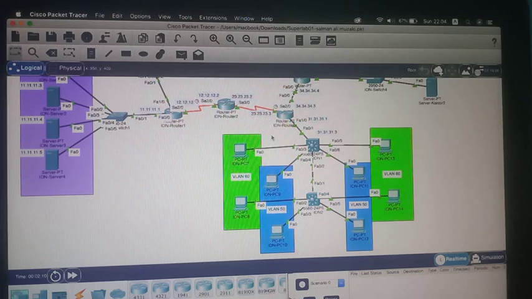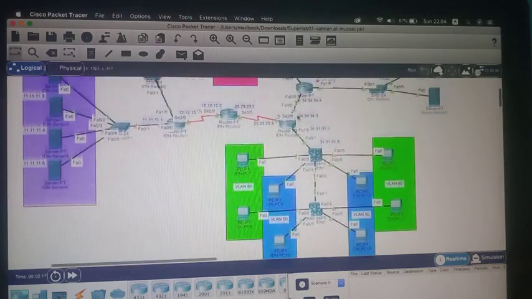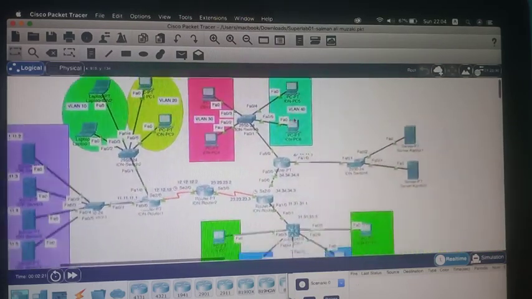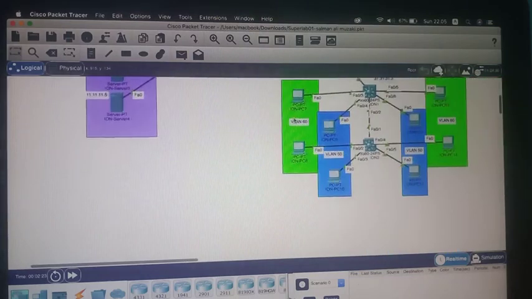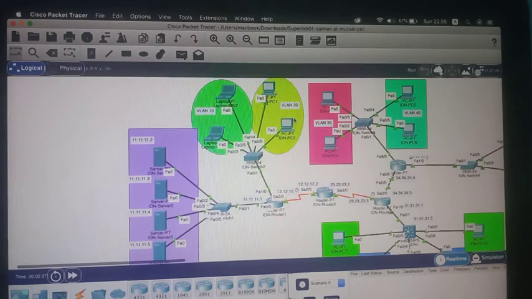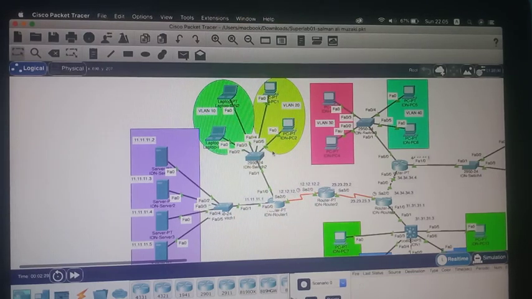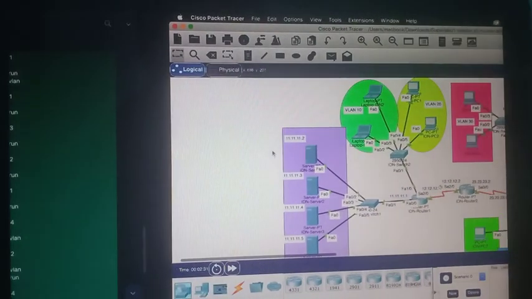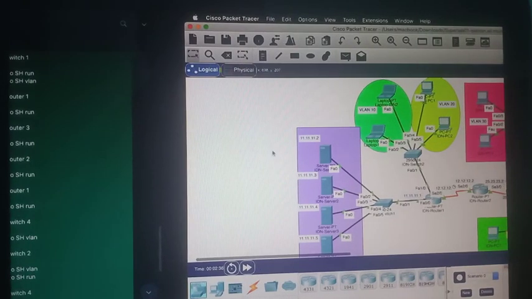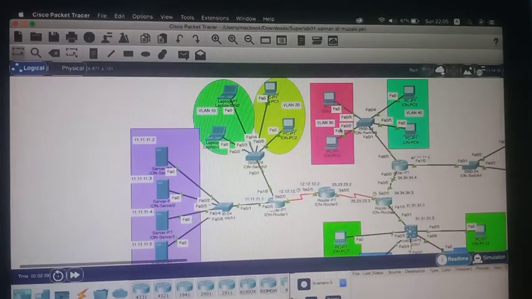I can show you this topology for Superlab 1. Okay, this is the topology in Superlab 1, and check it out. Step 1, we can